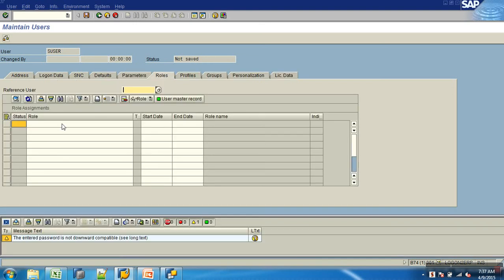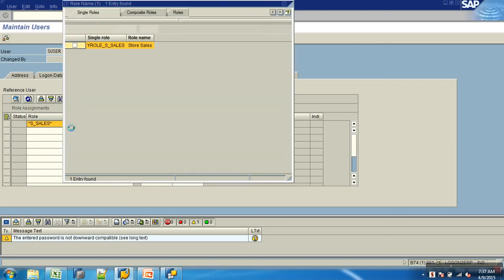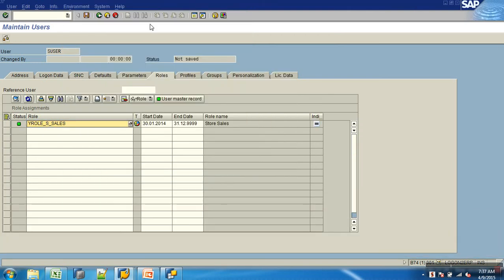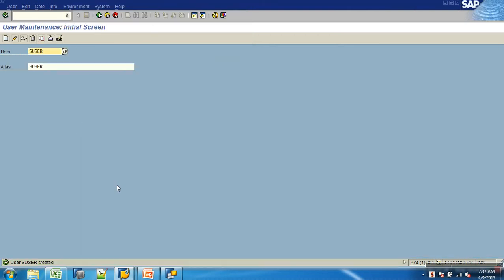Then I'll go to my roles now. What is the role you wanted to give? Y role underscore sales is my store sales. Then I'll go with what?